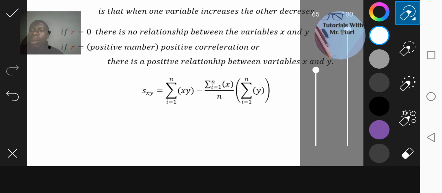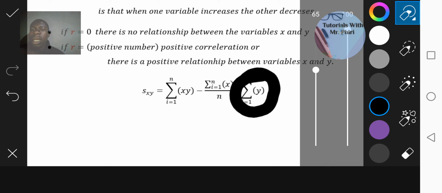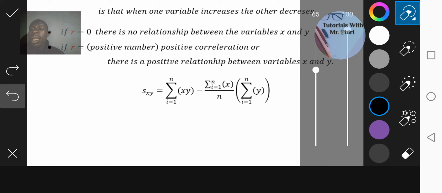To find that, you would have to create a column that will multiply the individual variables of X and Y. Then you sum it, and it will give you this. Then here again, this would just be the sum of the Y variables that we have. Then here just the sum of the variables for X. Then we divide by how many they are. So that's how we are going to deal with that one. Same applies